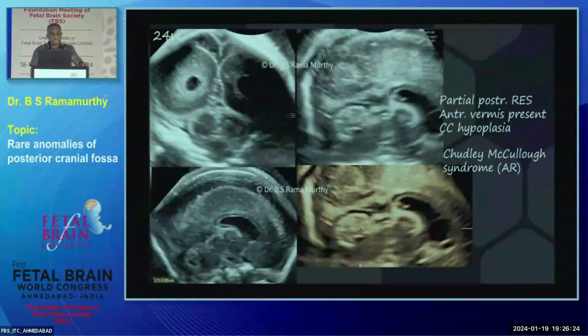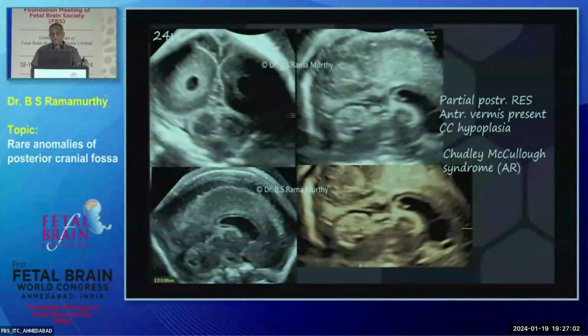Now, here is another case, 24 weeks. And this is interesting because in the coronal view, you have a bit of an echogenicity over here. There's no echogenicity here. Those are the cerebellar hemispheres. And when you do a mid-sagittal section, you find the vermis, or the mid-cerebellum, that is seen here. But if you look carefully, the upper half is hyperechoic or hypoechoic? Hyperechoic, and the lower half is hypoechoic. And therefore, this is a partial